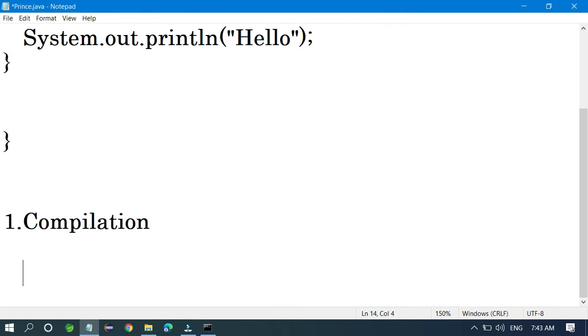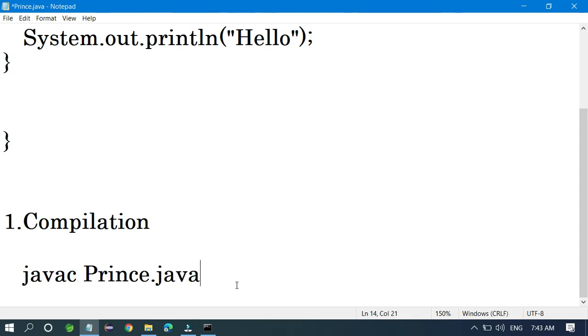You can write javac. javac is the compilation command, the Java compiler, and you have to write your file name, for example Prince.java, properly with the extension.